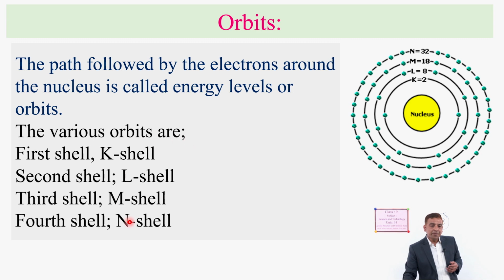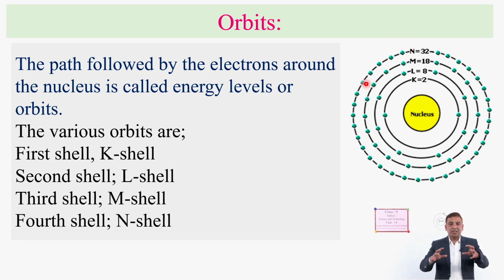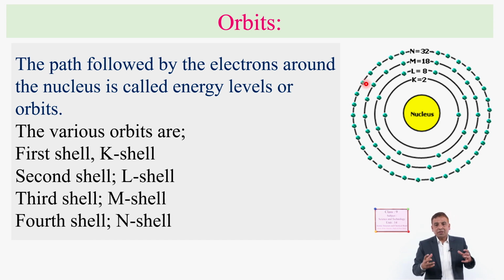As well as you can see, there is the third cell. You are just looking here, it is the third cell because this is the third outermost layer from the nucleus, and this is the fourth cell that is called N cell, which is found at the fourth position from the nucleus. So, they are the different types of energy levels, which are the paths that are being followed by the electrons. They are also known as orbits or energy levels,